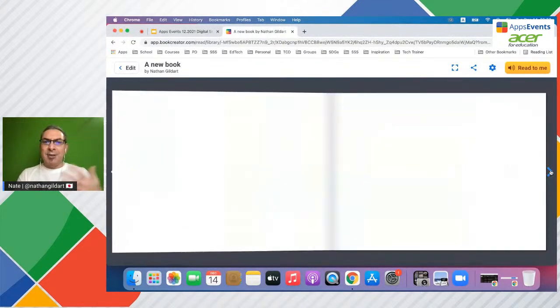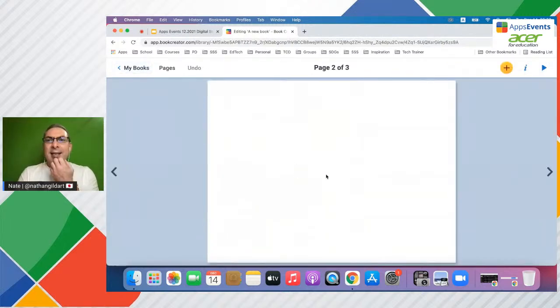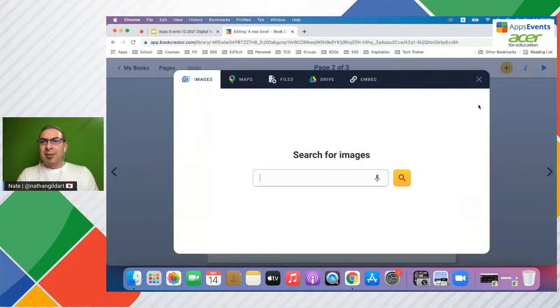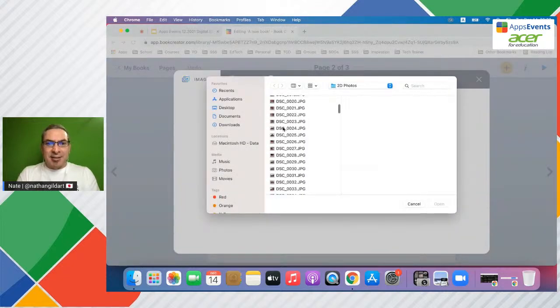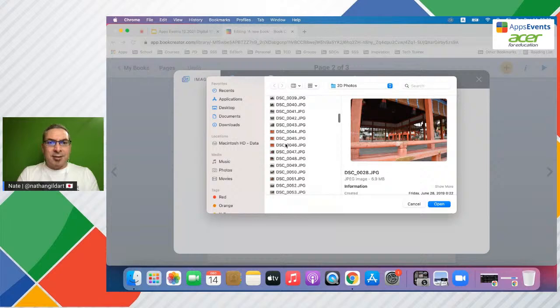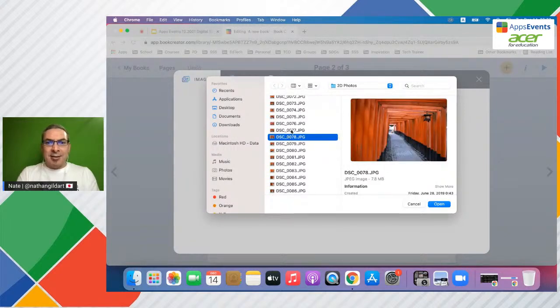But I don't have another page yet. So let's go and put another quick page in there. And let's see. So let me click the plus button. Let me put another image in there just so it looks a little bit more consistent here. Let me scroll down and find another thing. Yeah, let's go right there. Yeah, that's a pretty cool one.